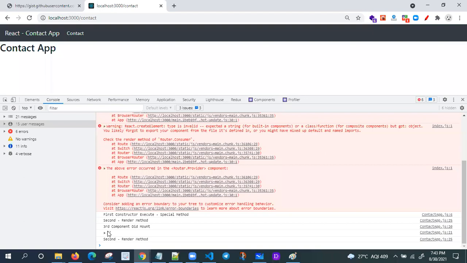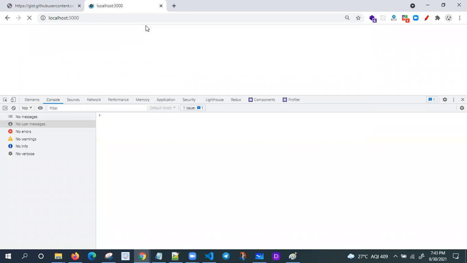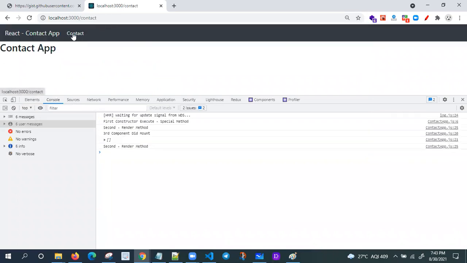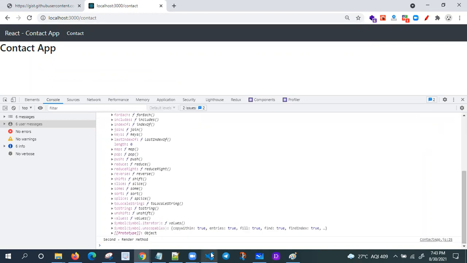So the render method is executing two times. Are you getting this one? Right. Okay, let me execute one more time. What happened is, we need to call one more. Fine. I'm clicking this one. See this one? We're getting data. I think we are not getting the data. Yes. Let me check this one.